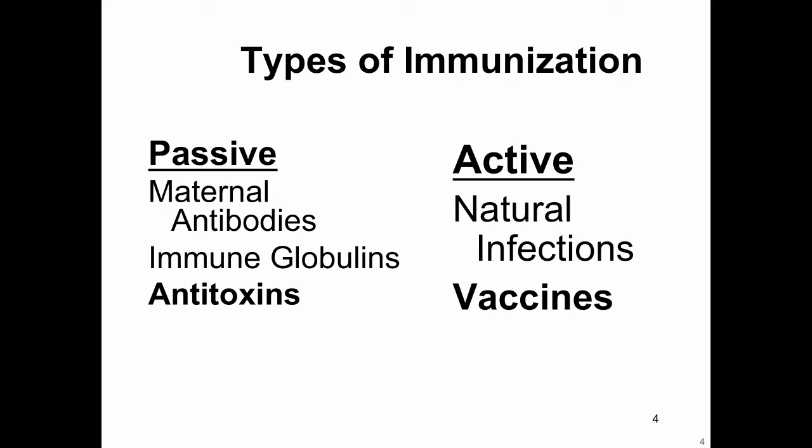So there are 2 main categories of immunization, or types of immunization. So one is referred to as active, and active can be thought of as immunity that's induced by having a natural infection or is induced by receiving a vaccine. Another type of immunization would be categorized as passive, and an example of this biologically is the passive immunization you receive from receiving antibodies from your mom due to antibody transfer across the placenta or because of antibody transfer in